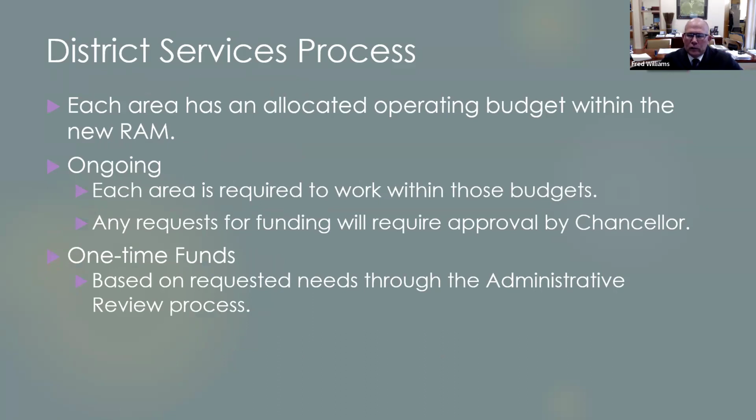And then we do an allocation to each one of the budget centers in district services, but we really kind of focus in on existing contracts, and the expenditures are pretty consistent within district services. So we know what contracts we're going to be utilizing, and so we make sure we have sufficient dollars in those contracts, and then we see where we're at,